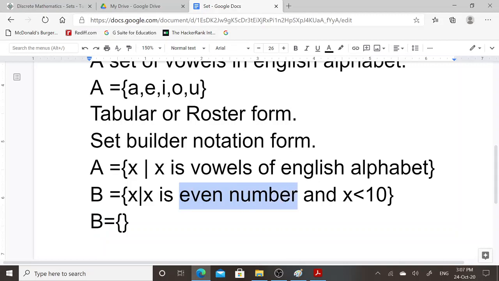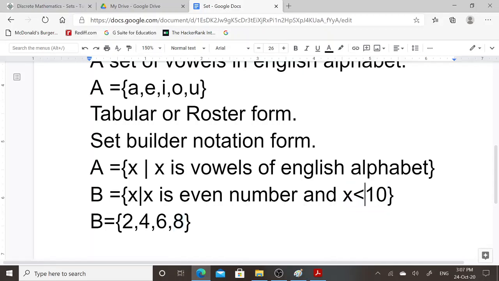Even numbers which are less than 10. So it will begin with 2, 4, 6, 8. Since here it is mentioned that x is less than 10, the last element of this set is 8.